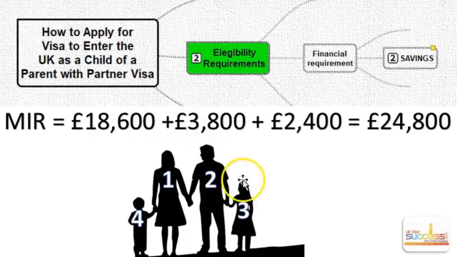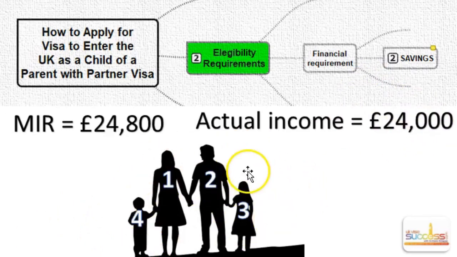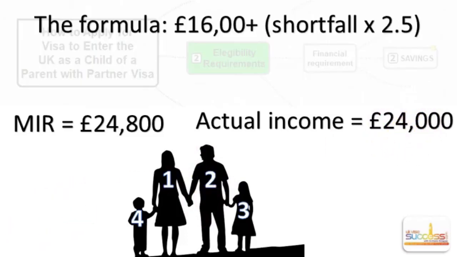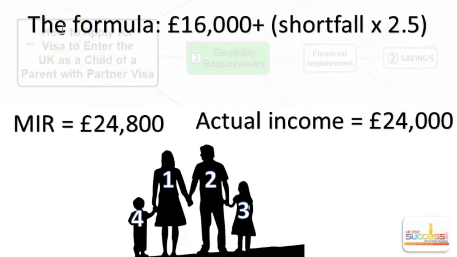for the first child £3,800, and then £2,400 for the second child. So altogether, the minimum income requirement for this particular example will be £24,800. Then we need to establish what the father's actual income is. In this particular example, it will be £24,000. Once we've established the actual income, we need to calculate the shortfall, and the formula for calculation is the